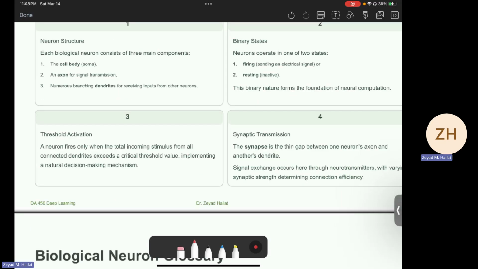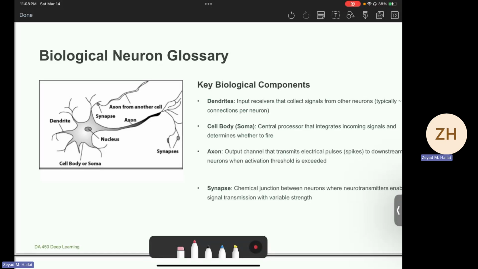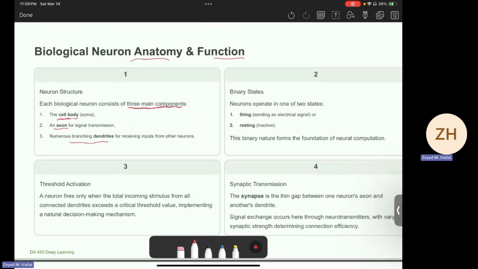Let's look at a picture quickly to learn more about the structure. We're talking about the cell. This is the cell body, or the soma. Then we have the axon, which carries the information from cell to cell, transmitting the signal. And then we have these dendrites that we talked about, these small branches that will connect and receive information input from other neurons. So let's get back in here. This is the main structure of a neuron.